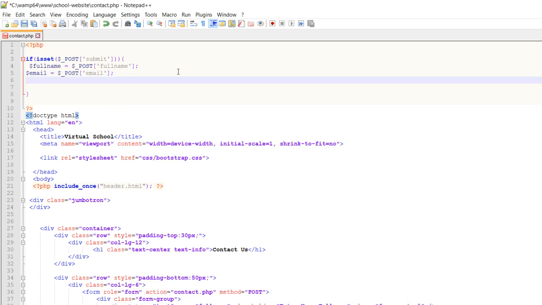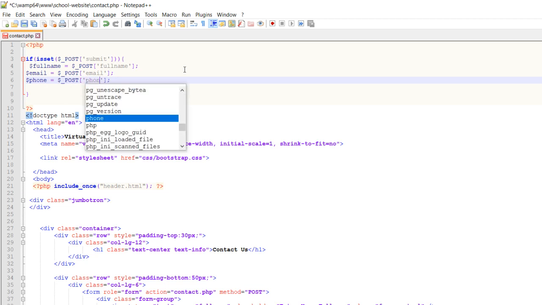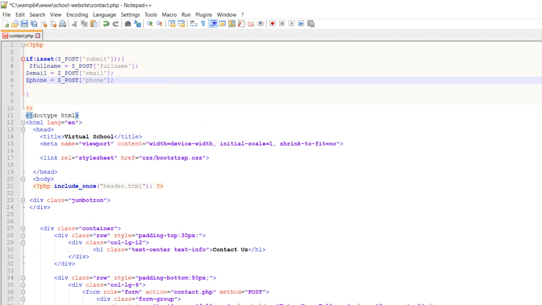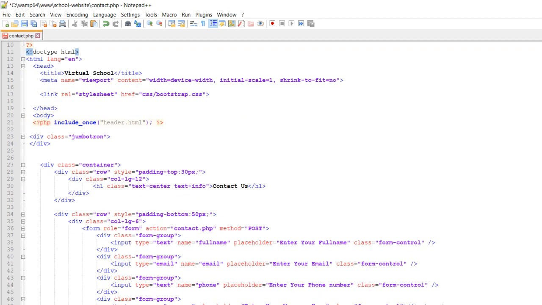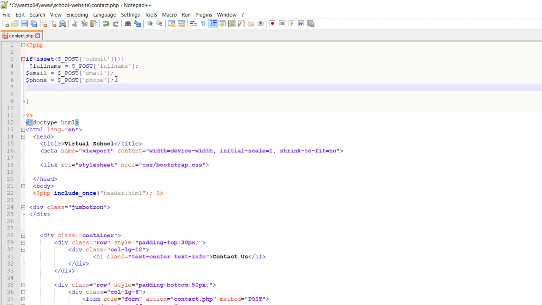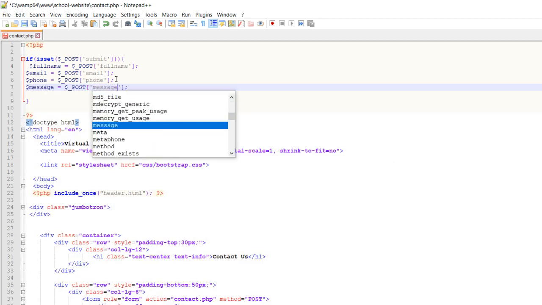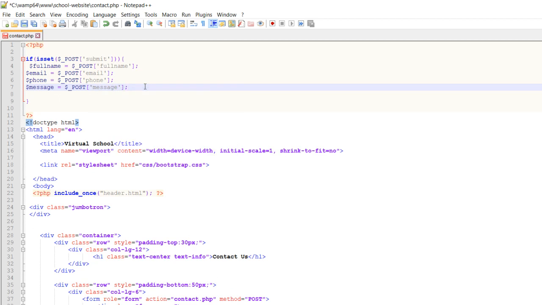Okay. What else are we getting? We're getting the phone number. So we say phone, and we're getting it on the post as well. We're getting on the post, post phone. All right. The last thing should be message. Let me just confirm. Yes, it's message. So the last thing is message, post message. All right. Now we've got